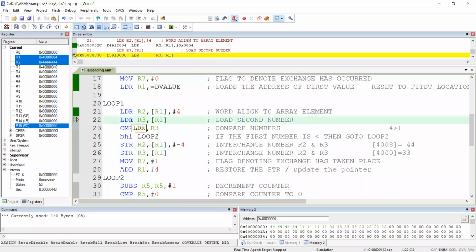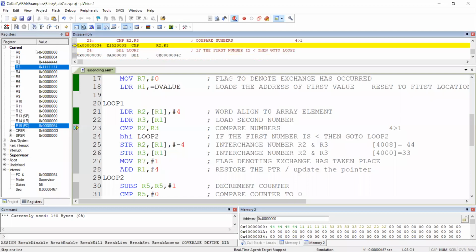Again, if it is a byte, 1 location, half, 2 locations, no half, no byte, 4 locations continuously. That's 4004, 4005, 4006, 4007. So all these locations I am going to fetch. Finally, what I will get in R3 is 1111. Hope you can see now 4444 and 1111. We have taken the first two numbers.